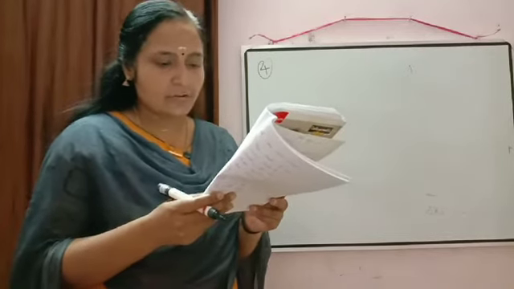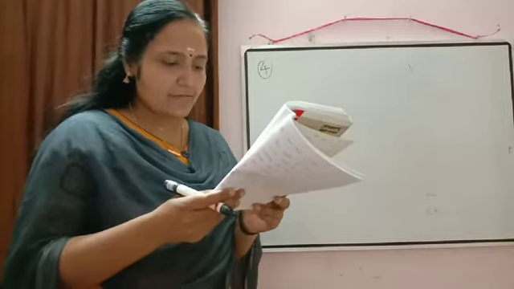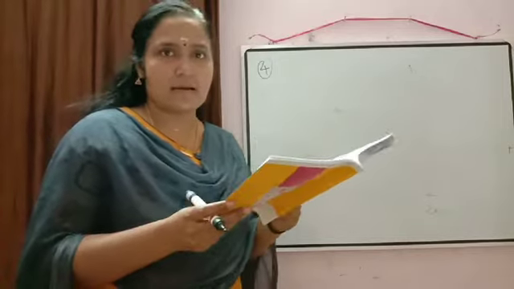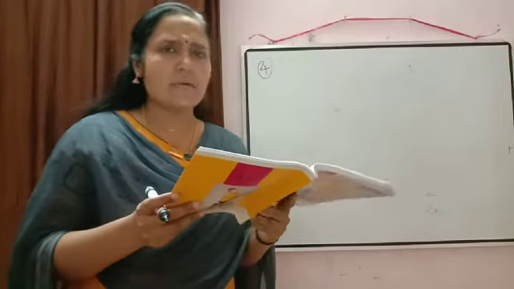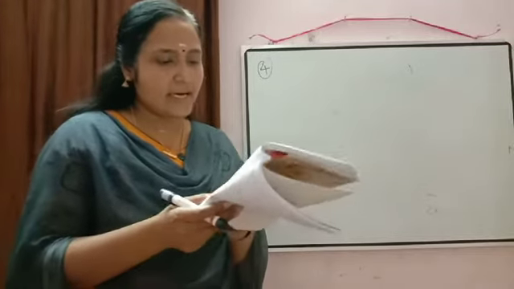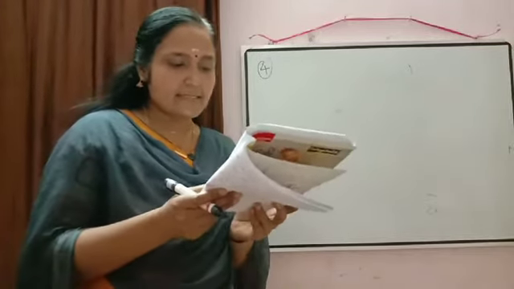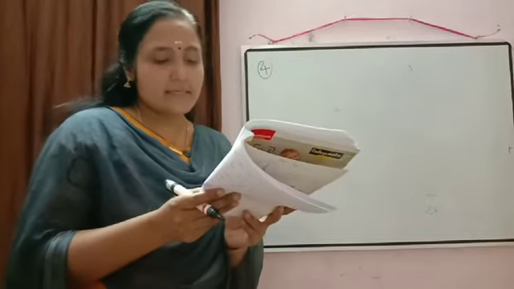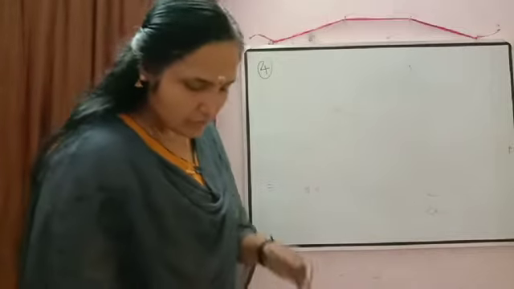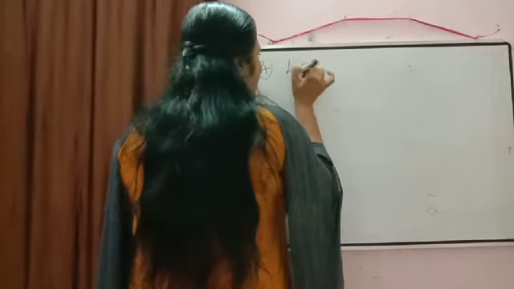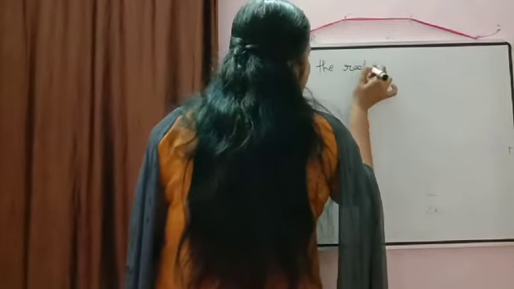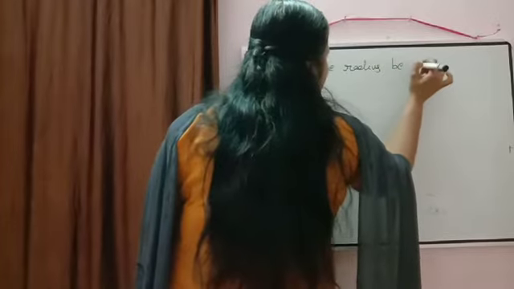Find the radius of the circle which has circumference equal to the sum of the circumference of these two circles. So again, you don't have to calculate the circumference separately there. What is written? We have to find the radius of a circle which has circumference equal to the sum of the circumference of these two circles. So first, let the radius be r. The radius of the circle which we have to calculate, we will consider as r.